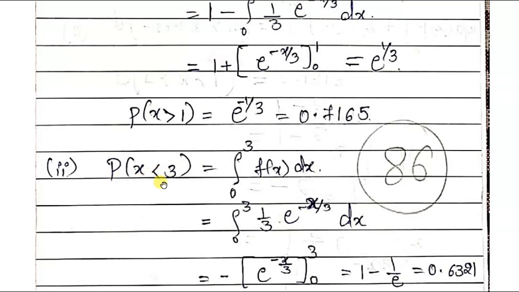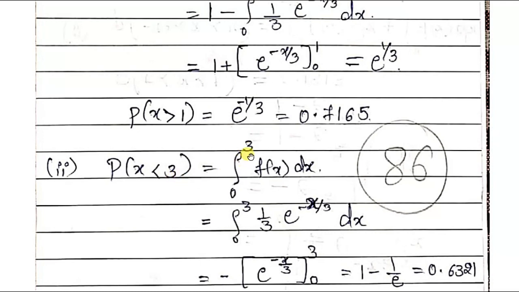Now let us go for the second sub question, that is p of x less than 3. It is strictly less than 3. It is very easy. Strictly less than 3 means what? See, x can take the values from 0 till infinity, right? So if it is greater than these numbers, then it is quite complicated to solve. Since it is less than 3, it is very easy to write this as integral 0 to 3 f of x dx. Isn't it? X can take the value from 0. So it is 0 till 3.